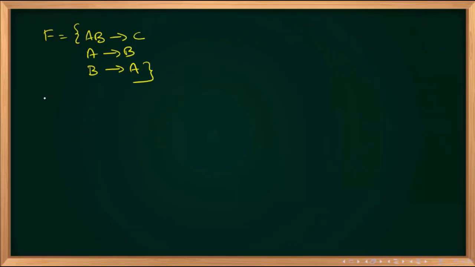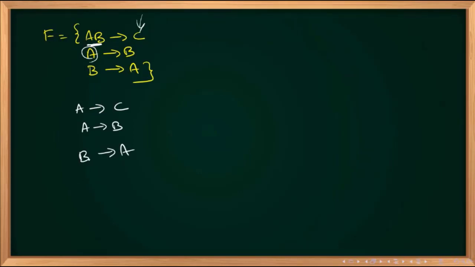First, we will do it. What is the first step? Remove all, apply decomposition rule. I am not writing step 1, step 2 and all. Apply decomposition rule. It is not there. Nothing to the right side. It's already a single attribute only. Now apply any unwanted attributes in the LHS. Now B is unwanted because when you take A closure, you are getting B. So B is unwanted. So what I can write is A to C, A to B, and B to A.